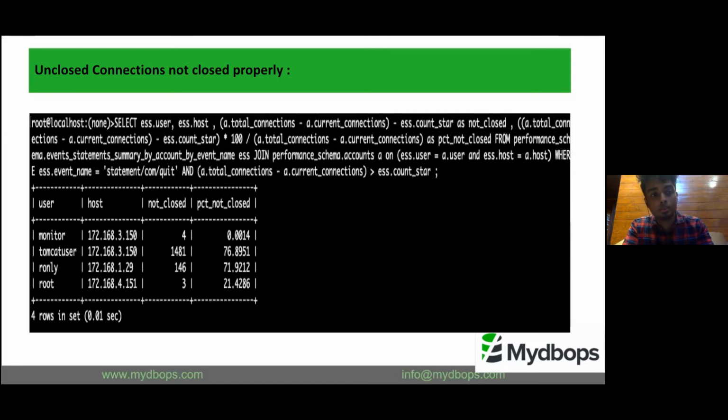The accounts table holds every user connection and host, including connections which are not closed properly. I tested it on a MySQL 8 server, where some connections were not closed properly from the client end. So we can get a perfect view in the performance schema also.